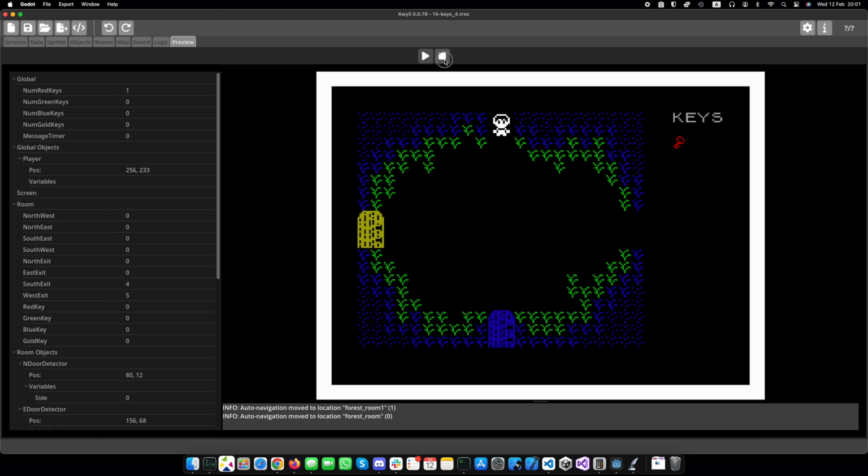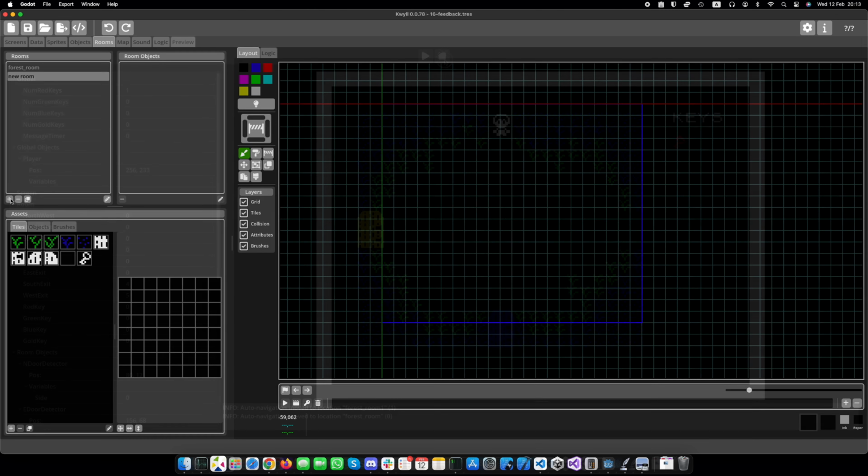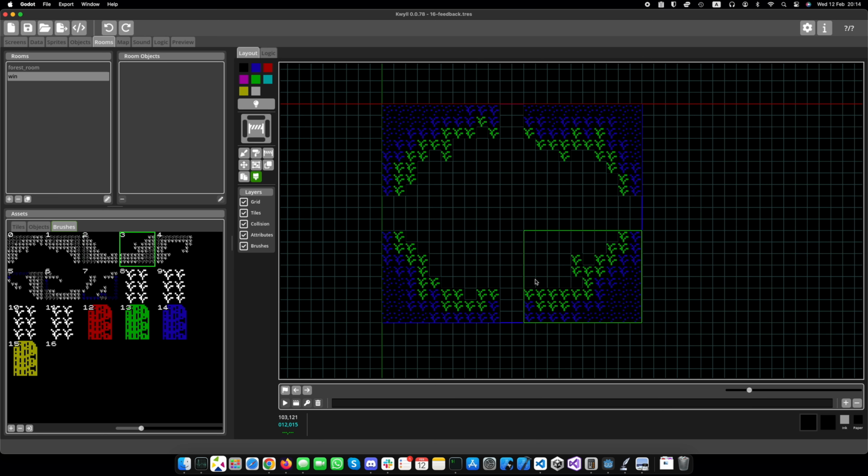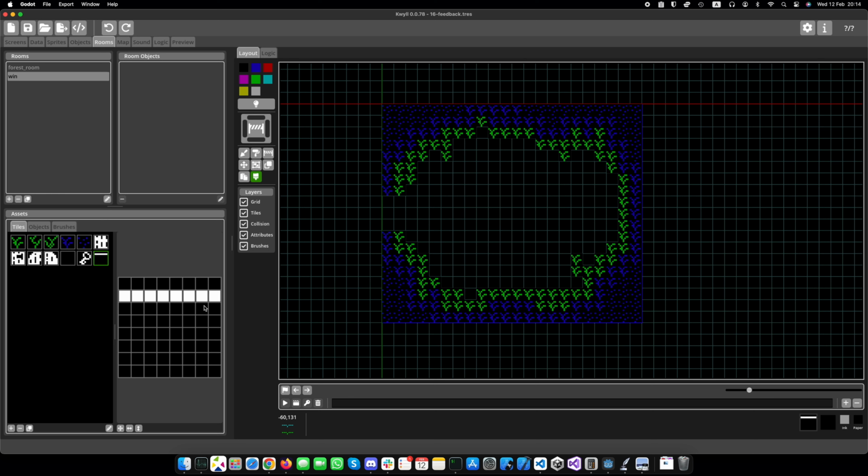I just want to finish up by putting together a few interesting rooms on the map, just so we can test all of the different bits and pieces that we put together over the last 2 tutorials. So I've sped this up to save some time. It's already quite a long second part, but basically what I'm doing is just setting up some interesting bits and pieces for